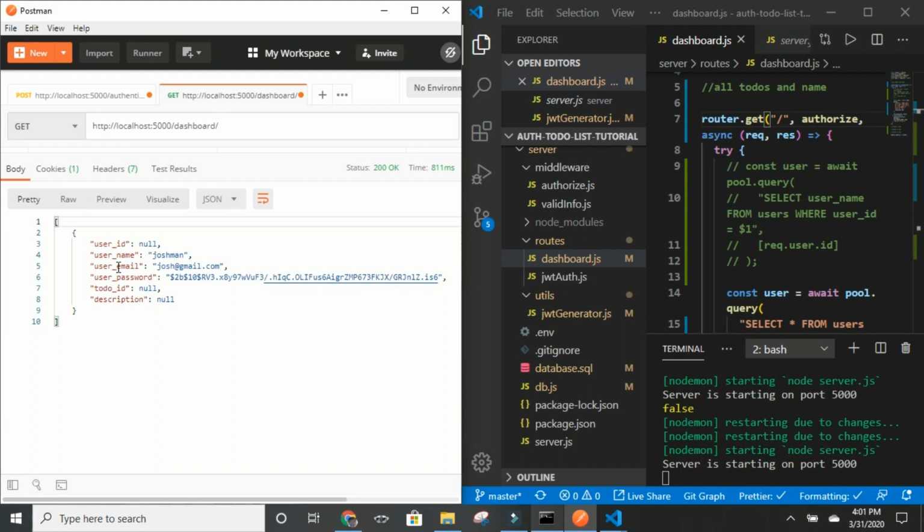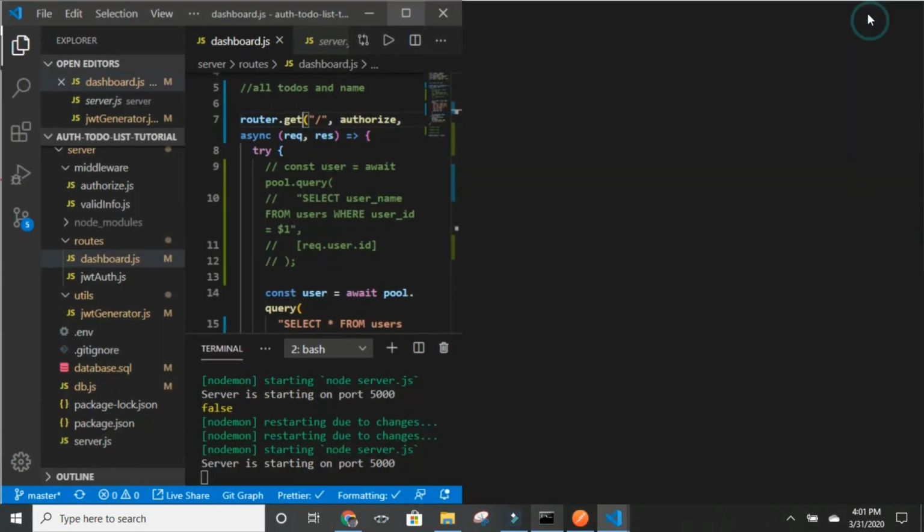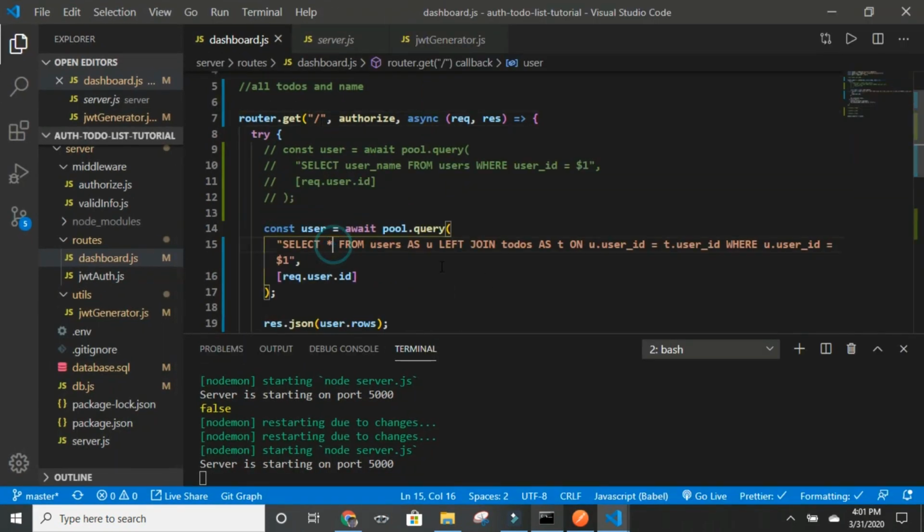And look at that. We get the username, the user password, user email, to-dos, IDs, and you can see here that we have null. The reason for that is because Joshman is a totally new user on our platform, and he hasn't created a to-do quite yet. All right, so of course we don't want to send the password to the front end,